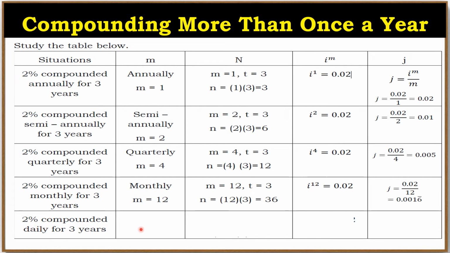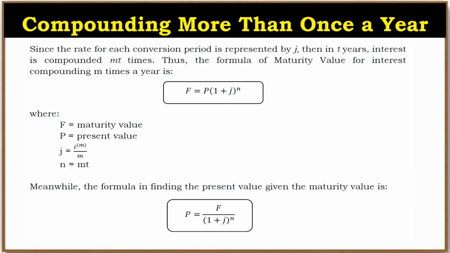Next, what if it's daily? So remember, in a year, there are 365 days. Therefore, our n here is 365 times 3, that is equal to 1095. Same rate, but our j is 0.02 divided by 365. The quotient is